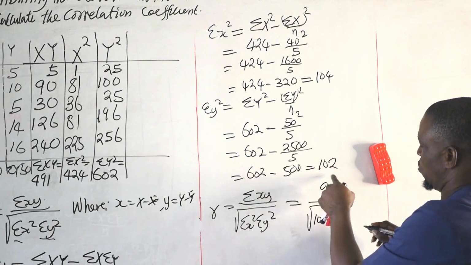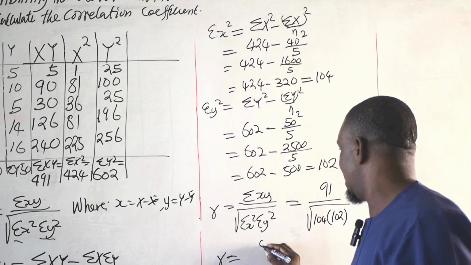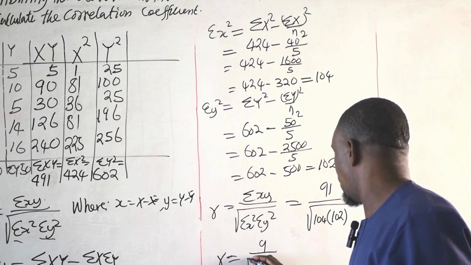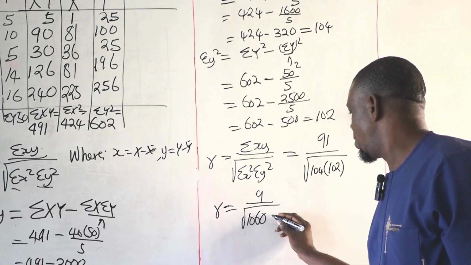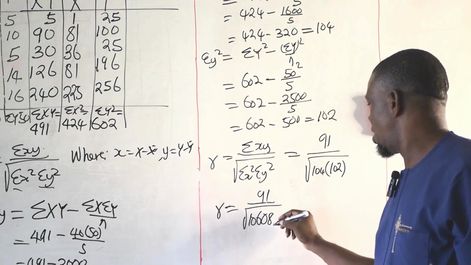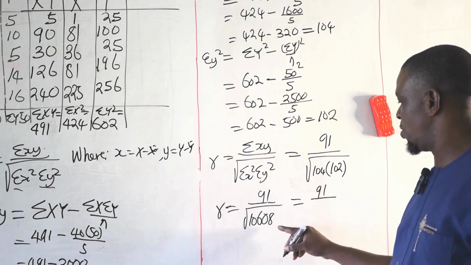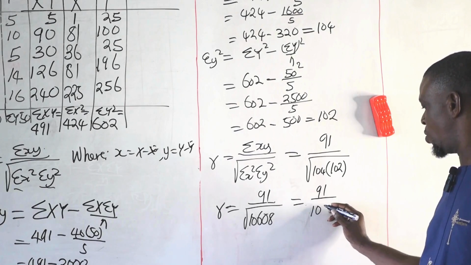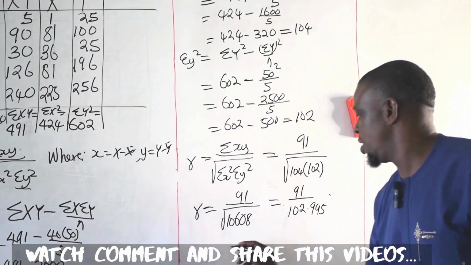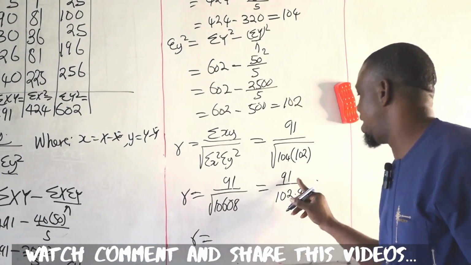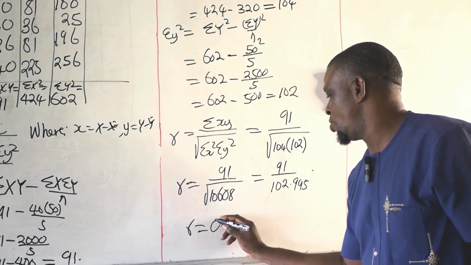Summation y square is 102. So it's very easy to say r is equal to 91 over the square root of 104 times 102, 10608. So which will be equal to 91 over, what's the square root of 10608? Is 102.995. So it will mean that our r is equal to, if we divide 91 by 102.995, we'll have